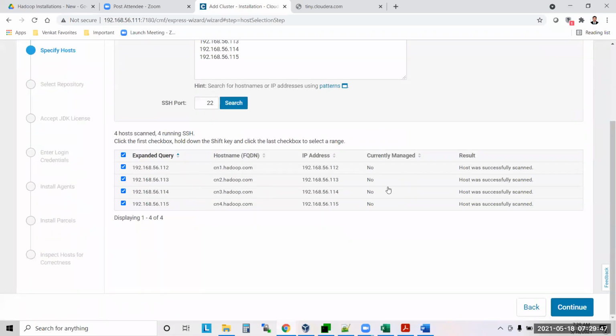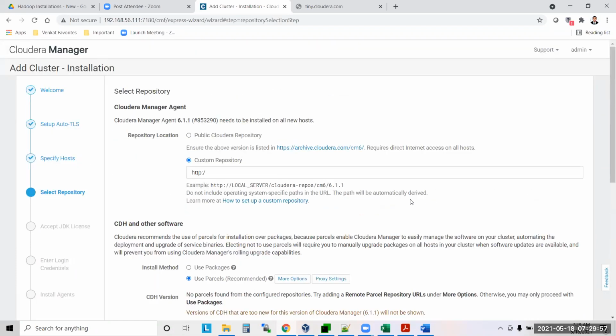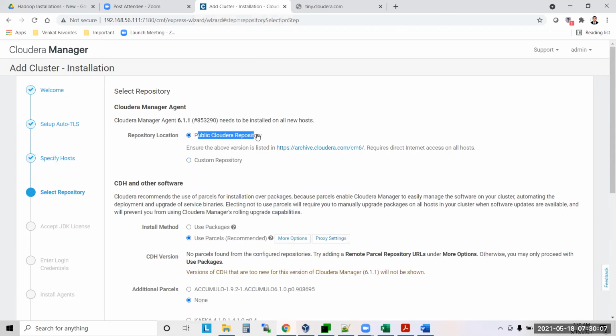Now Cloudera Manager UI is able to find these servers, so click on continue. Now it is asking you want to install Hadoop, so tell me where the Hadoop software is available. Repository location: there are two options, public Cloudera repository. If you select the public Cloudera repository, it will download your software from the internet and install. But as I told you, till December 31st this option was working. But now this option is not working because they made it